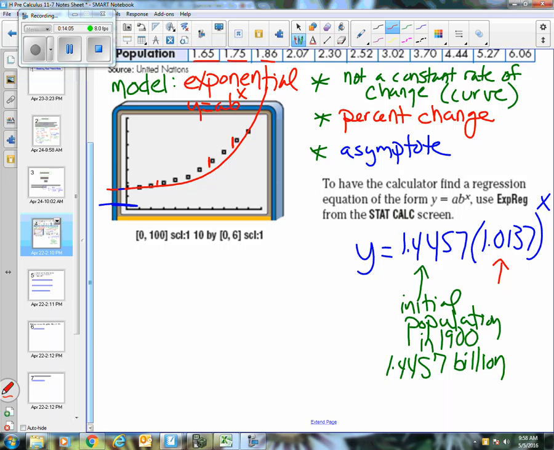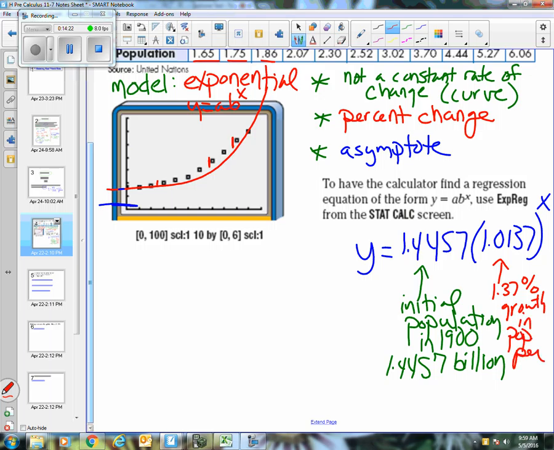Okay, what does this number tell us? Well, first of all, it's bigger than 1, so it's growth. Awesome, so this thing is growing. And at what rate is it growing? Well, it's 1.37% growth in population